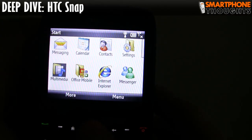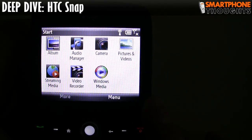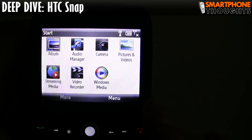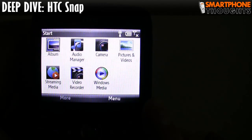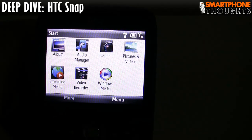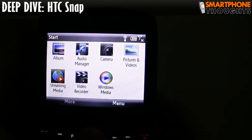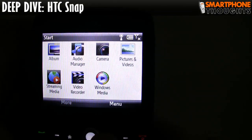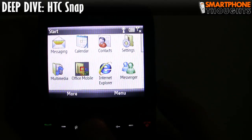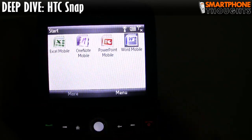What I would have loved to have seen inside this multimedia folder would actually be HTC's YouTube client. On their higher end touchscreen phones, they have a really nice YouTube client, and of course YouTube doesn't work on other phones because it lacks Flash, etc., etc. So you need a YouTube client to really have a good experience, and HTC did not include that, which sort of sucks. Looking here, we have Office Mobile, so it includes Excel Mobile, OneNote Mobile, PowerPoint Mobile, and Word Mobile,